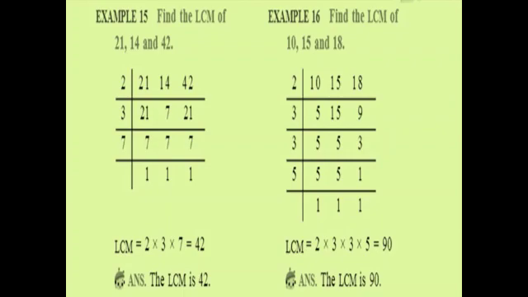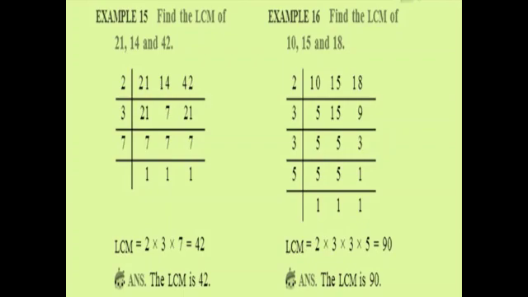Then what is the smallest prime factor between 21, 7 and 21? It is 3. So you write 7 3s are 21. Then bring down the 7 as it is, as it cannot be divided completely. Then 7 3s are 21 again. So the next smallest prime factor is 7. So 1 7s are 7, 1 7s are 7 and 1 7s are 7. So the LCM is equal to 2 into 3 into 7 is equal to 42.